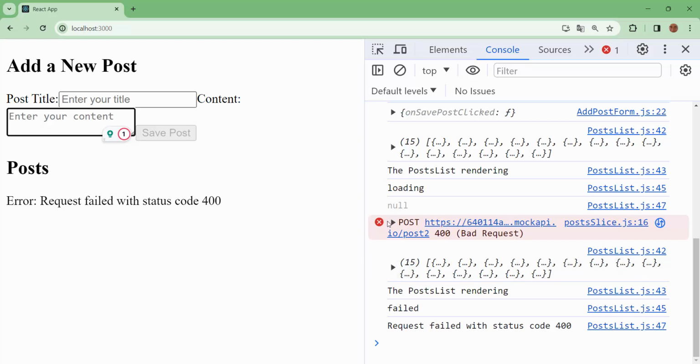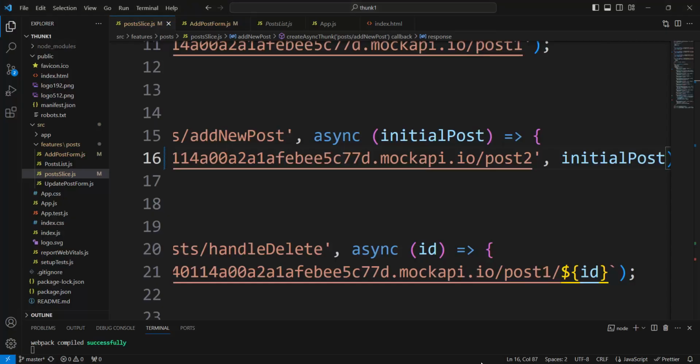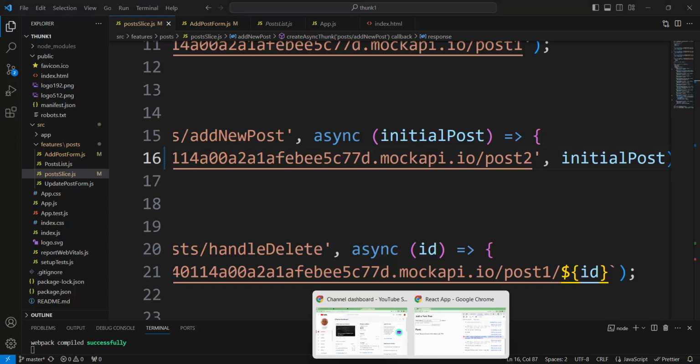Look at right here. Error, explanation of error, post, bad request, error 400. Here it is. That error happened in post slice.js 16. It is here, 16, post slice. Post slice 16, here it is. It is address of endpoint, post 2. Here is error. And that error not visible,